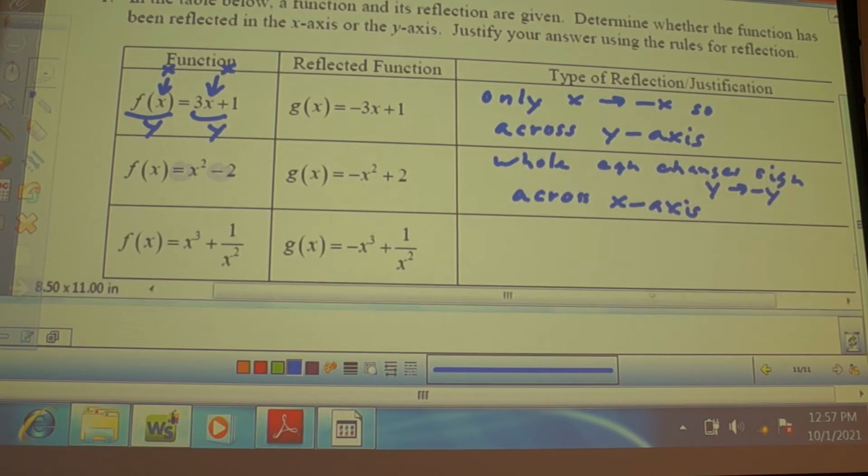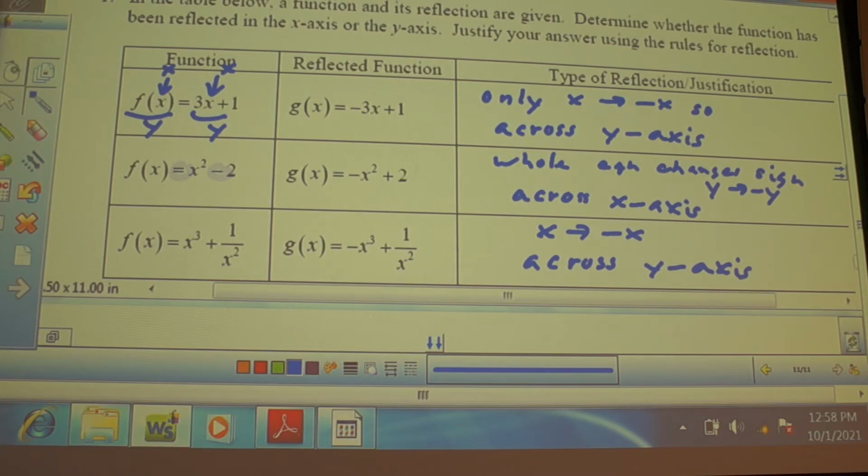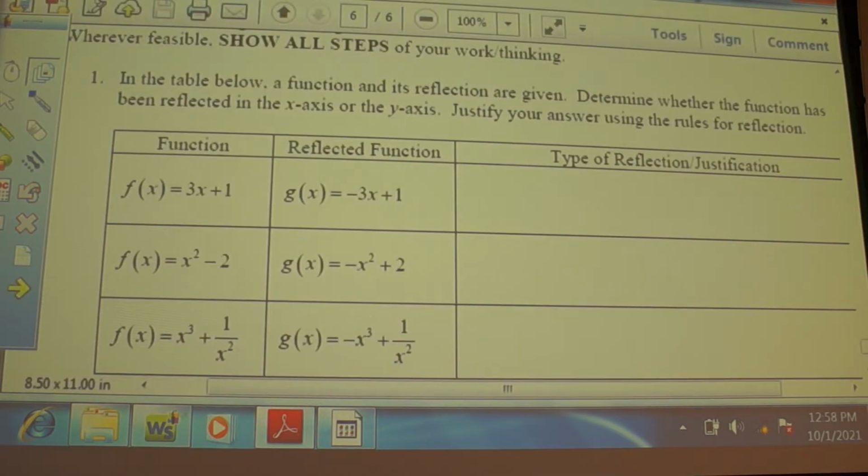And the next one, did the x become negative x, or did the y become negative y? This didn't change, right? Yeah, because x became negative x. So negative x to the third is negative x to the third. Negative x squared is positive x squared. So this is x became negative x. So that's across the y-axis also. Good? Okay, great. So we're going to move on to our next,